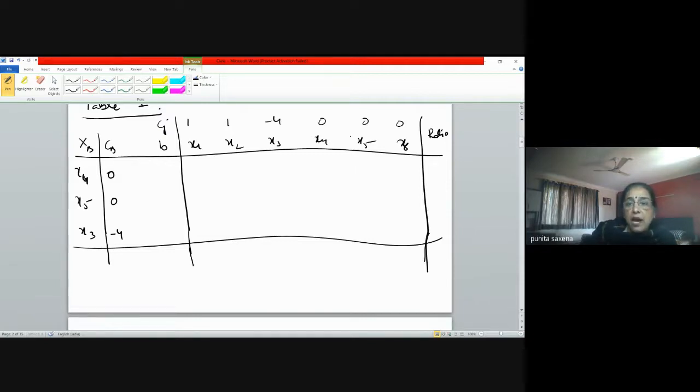But now all the other entries that are left will change. Why? Because we are now performing the elementary operations. Fortunately, because the key element was 1, our last row was not changing at all. Otherwise, we would have to divide by the key element to make that element 1. So your last row still remains as what? Can somebody say? What will be this entry? -1.